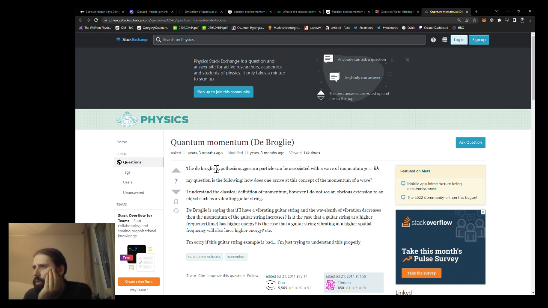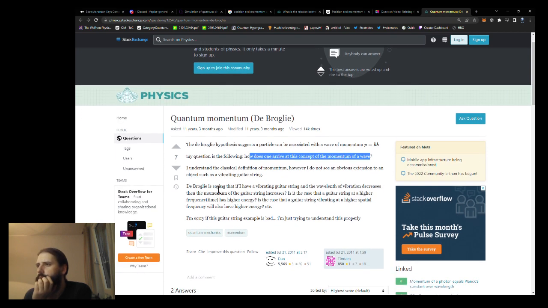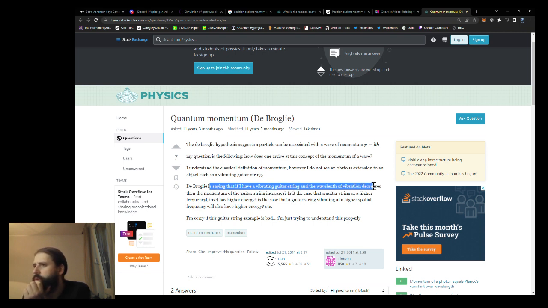The de Broglie hypothesis suggests a particle can be associated with a wave of momentum. How does one arrive at this concept of the momentum of a wave? That's a good question, exactly. I understand the classical definition of momentum, however, I do not see an obvious extension to an object such as a vibrating guitar string. De Broglie, how do you pronounce that? Is saying that if I have a vibrating guitar string and the wavelength of vibration decreases, then the momentum of the guitar string